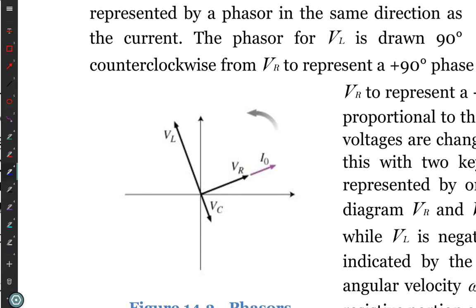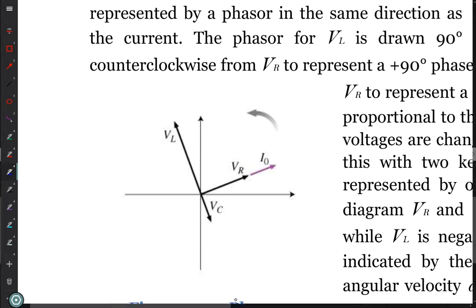What we have is peak voltages across each one, and then the actual voltage is varying with time, and we can take it as if we're taking the projection of a vector in the x direction. And that vector is rotating in a circle. And if we just look at the x direction projection, that's going to be a sinusoidal variation. But because the voltage peaks at different times for capacitor, inductor, and resistor, we have to set them at different angles for comparison. So this picture is showing the voltage across the resistor at 90 degrees from the voltage across the inductor, with